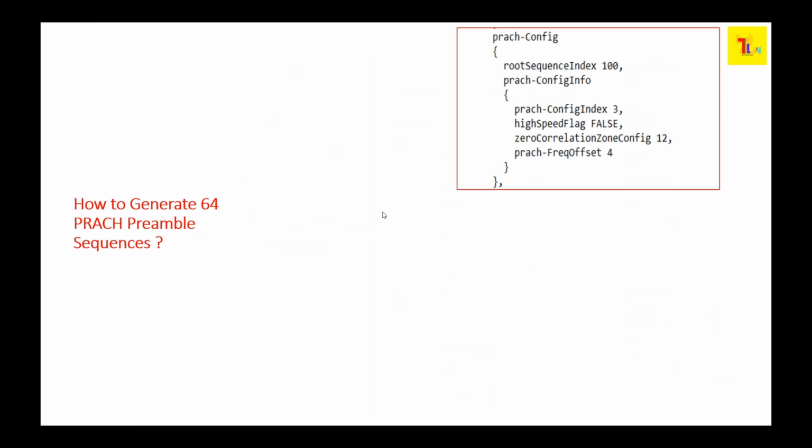Now it's very important to understand that, okay, we understood there are 64 PRACH preambles. Now the question comes that how exactly those 64 PRACH preambles are generated, and this is a very important aspect to understand. And I have already mentioned, one of the important things that we need to discuss is